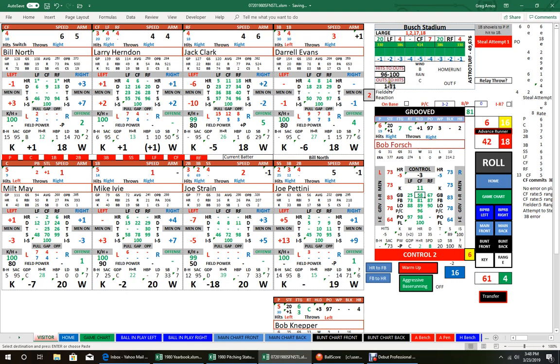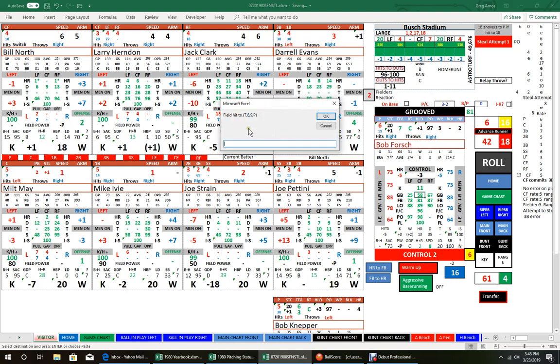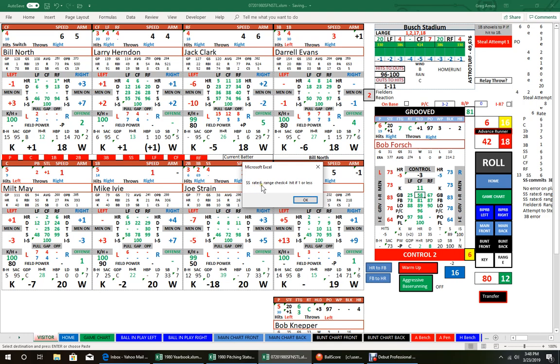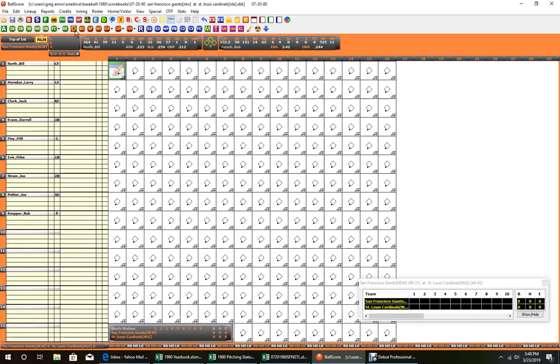But we have an out to a hit, so we can immediately come up here to my out to hit and click it. And we enter 8 because that's where it got hit to, and we're going to put a ground ball, and it'll tell me that the range of shortstop is 6, and the range check is 4, and it will be a hit if we roll 1 or less. And we rolled a 12, as you see here, so that's an out. So that'll be an out 6-3 for Bill North,